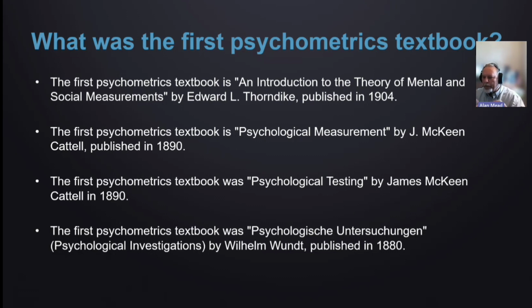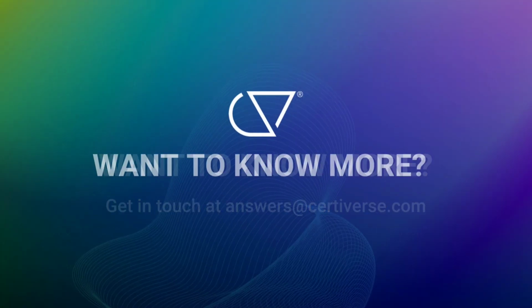All of these, it might not be apparent, are related to the truth. Cattell was Thorndike's advisor, so they worked together. They're associated with each other. And Cattell did a lot of really interesting things, but I don't think he ever published a textbook. And he got his dissertation in Germany. His German dissertation is titled something like Psychometrical Investigations, which is very similar to this fourth one. So all of these have an element of truth to them, but one of them is actually factually correct, and the other ones are just correlated to the truth. And that's characteristic of how it responds to a prompt that requires a factual response.